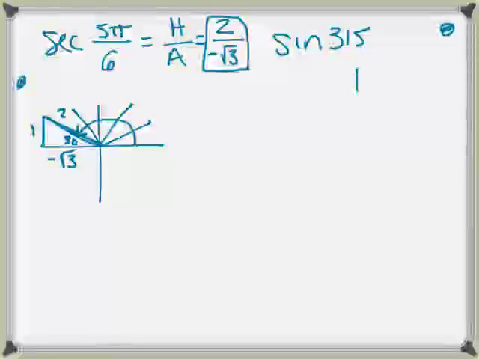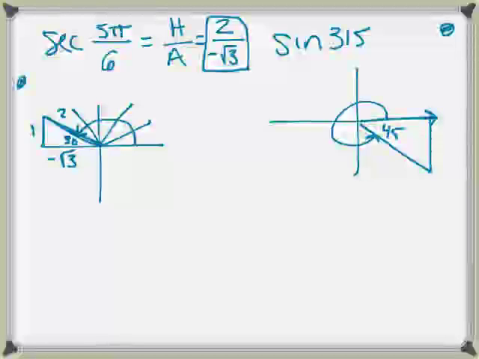315, we'll begin by graphing. Where does it land? Lower right, and what's our reference angle? 45. Closing that reference angle with the x-axis. 1, 1, square root of 2. What about negatives here? Which one is negative? The vertical one is negative because it's on the bottom half. The horizontal